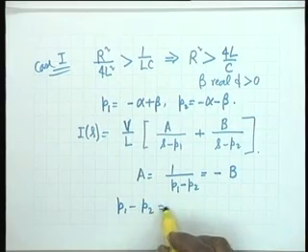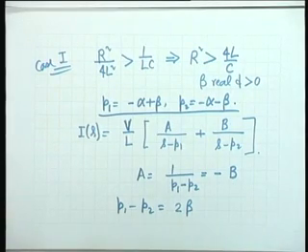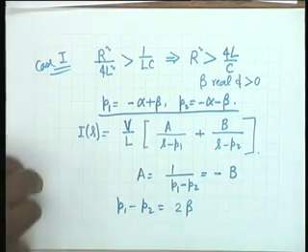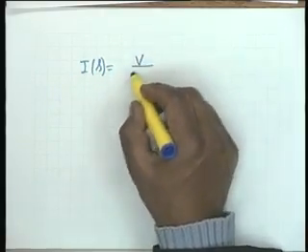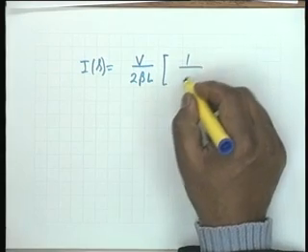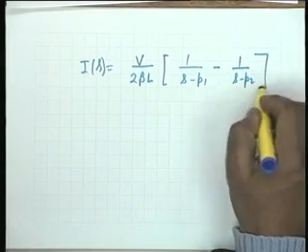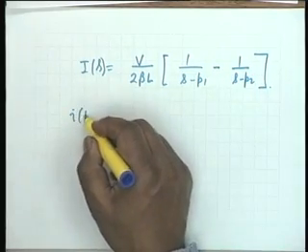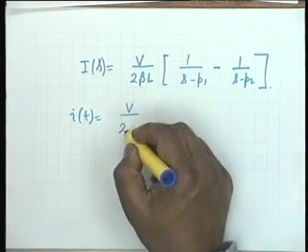But what is P1 minus P2? If you look at the values of P1 and P2, it is simply equal to twice beta. Agree? P1 minus P2 is twice beta, and therefore, if I omit just one step, I can write I of S as V by twice beta L, I take A and B out, multiplied by 1 by S minus P1 minus 1 over S minus P2. And therefore, I of t, if I take the Laplace inverse, it would be V by twice beta L